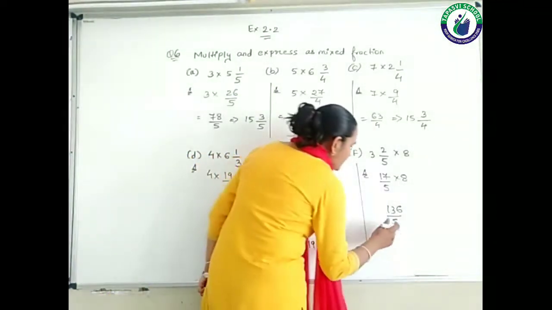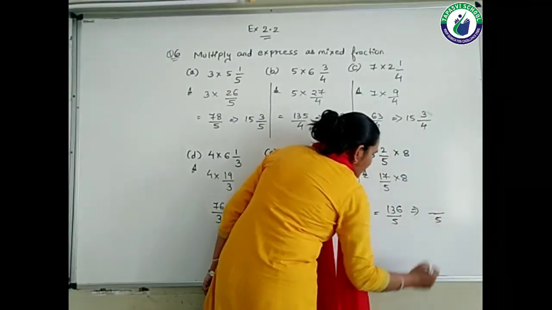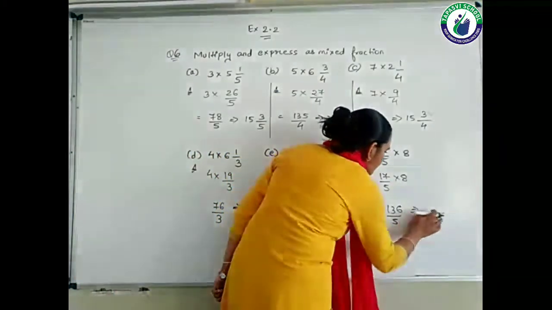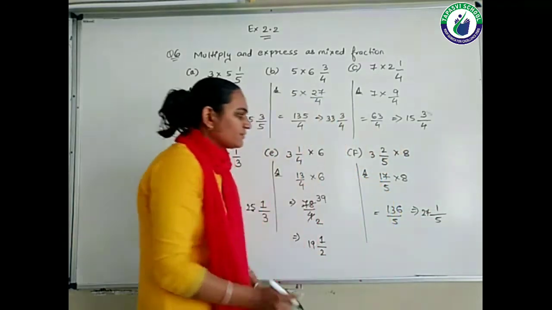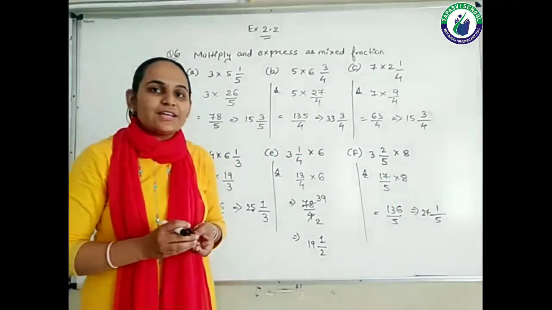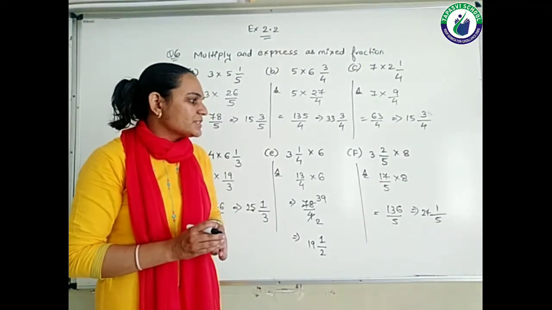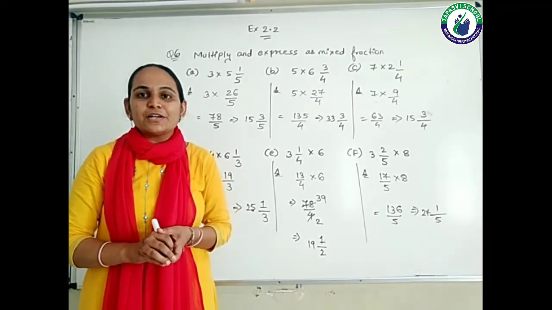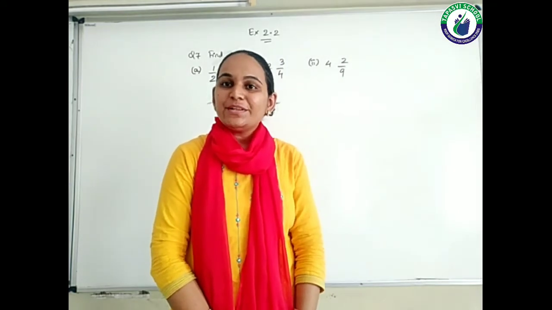So we'll convert this into a mixed fraction. The mixed fraction of this will be 5 2s are 10 and 5 7s are 35. So it will be 27 1 upon 5, right? Because 27 5s are, students, 135 plus 1, so 136 upon 5, right? I hope, students, you understood question number 6. Okay, students, now let's see question number 7, right?